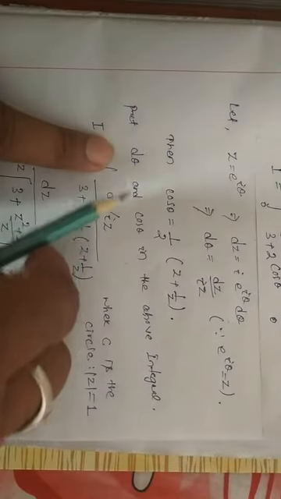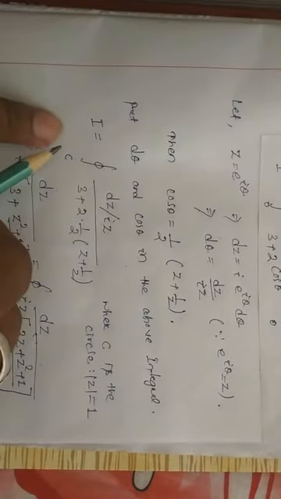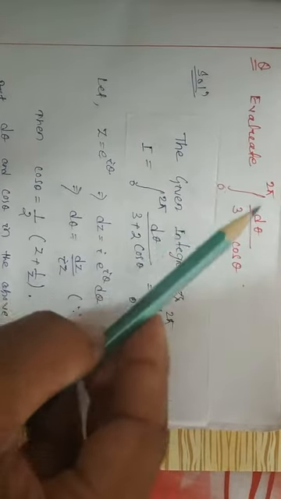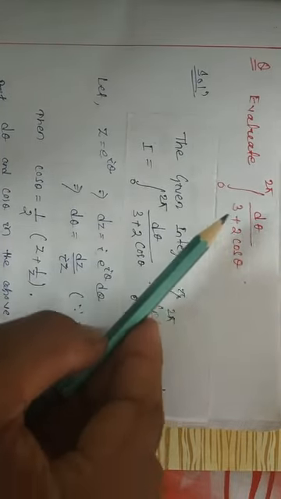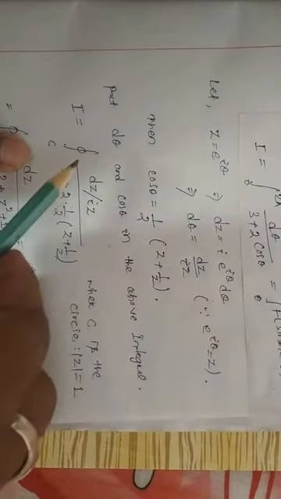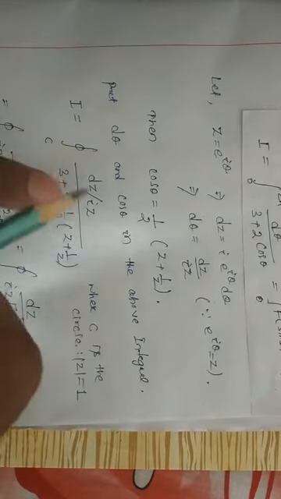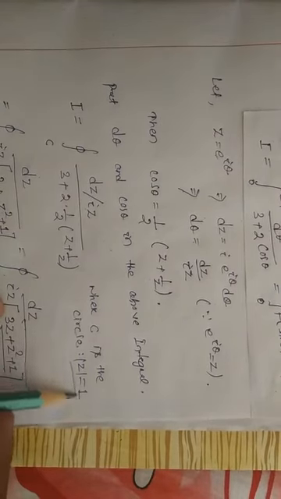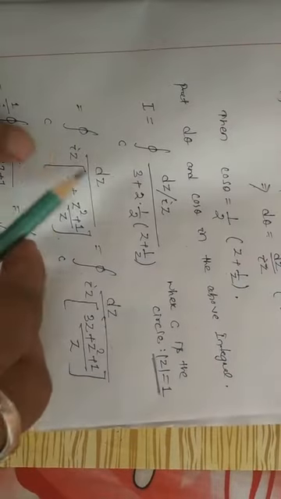So now by putting d theta and cos theta in the above integral, we can find this expression, where this is the most important point. For this type of problem, 0 to 2 pi, we have to first transform this integral into z format, and the integration is around a closed curve, and that curve should have radius equal to 1. That circle should follow this equation only.